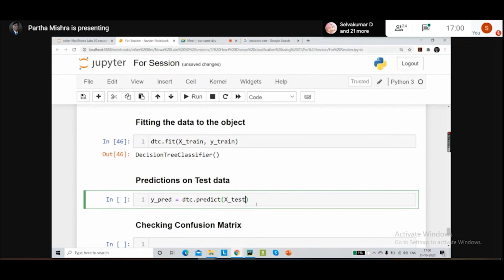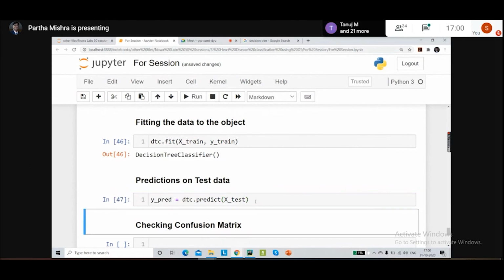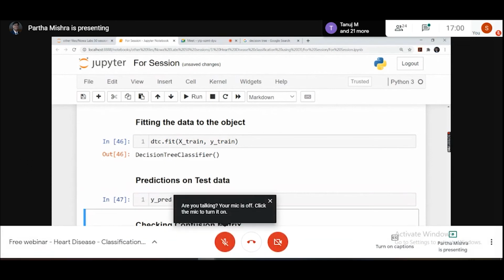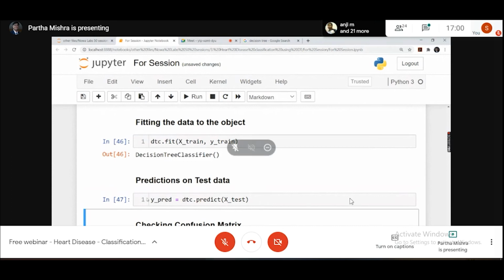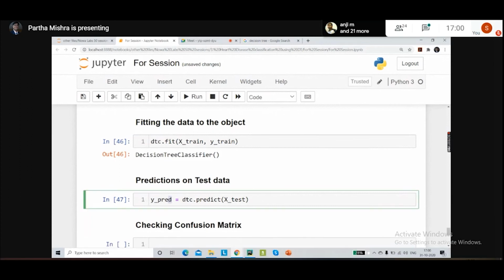By passing the X test data, the predictions for our Y test will be calculated here. Once this line is run, we have the actual Y test values, which are the actual values we have. And after this line is run, we have the predicted values that we are getting from the model.